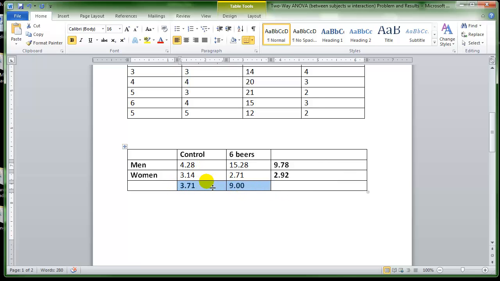It's looking at the average of the control group participants, comparing it to the average of participants that receive 6 beers, and it's looking for a mean difference between these groups. That is the main effect for alcohol. Okay, and then so those are your two main effect terms, and then it also computes an interaction term, and